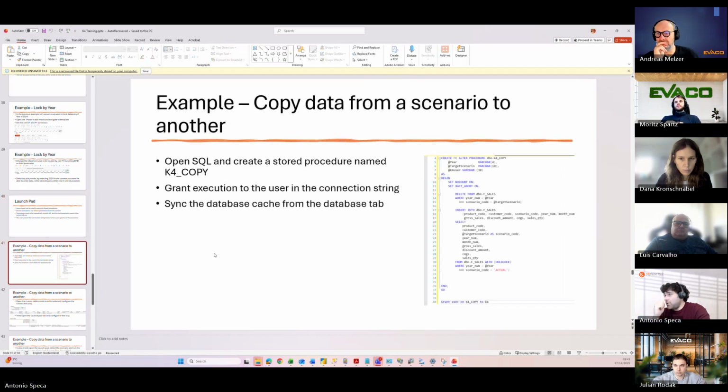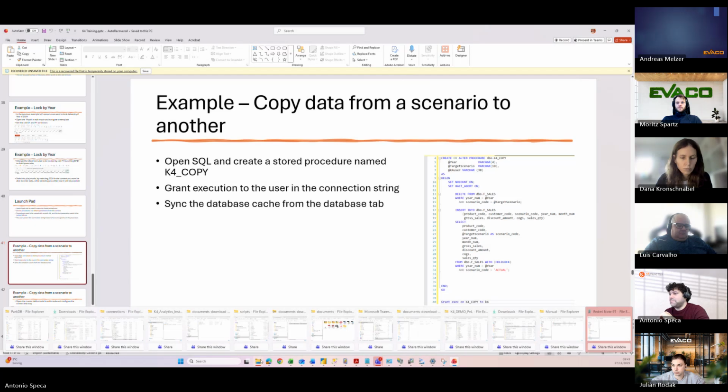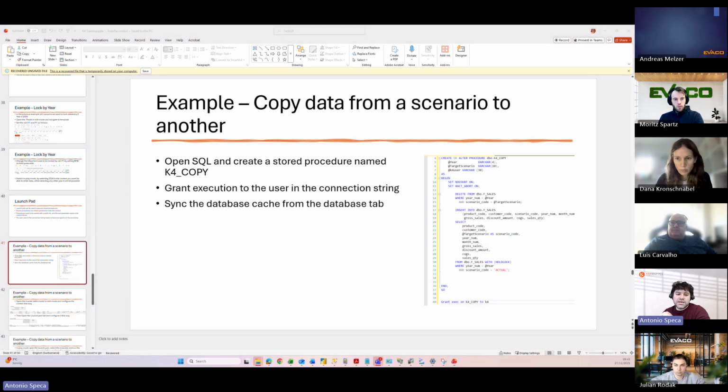So now we will create a procedure to copy data from a scenario to another scenario, and we will put this procedure into one of our models. We will use the master table for that. So first of all, are you ready with the management studio and everything? Okay. So first of all, in the training material, you should have a query that is under the text